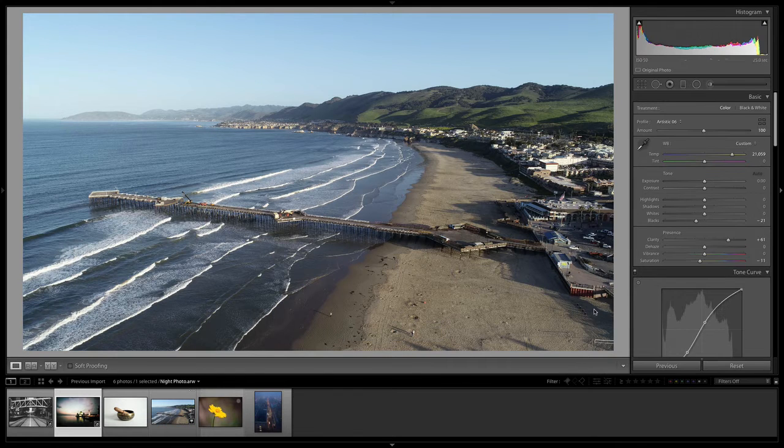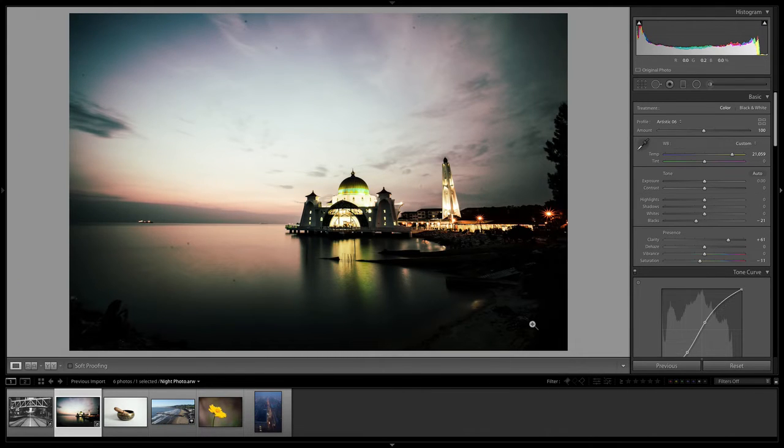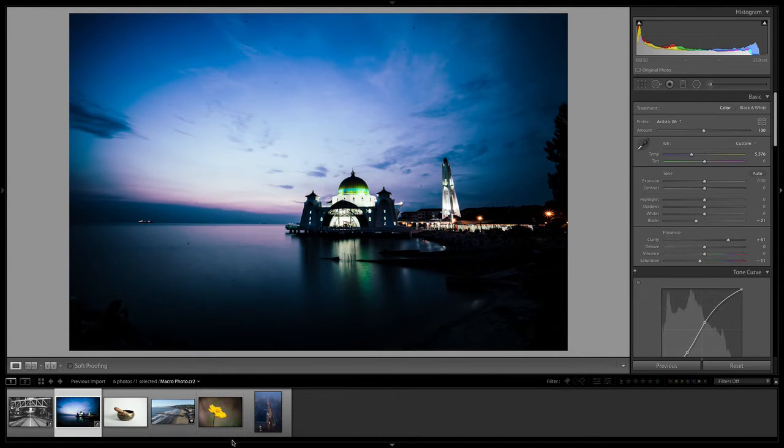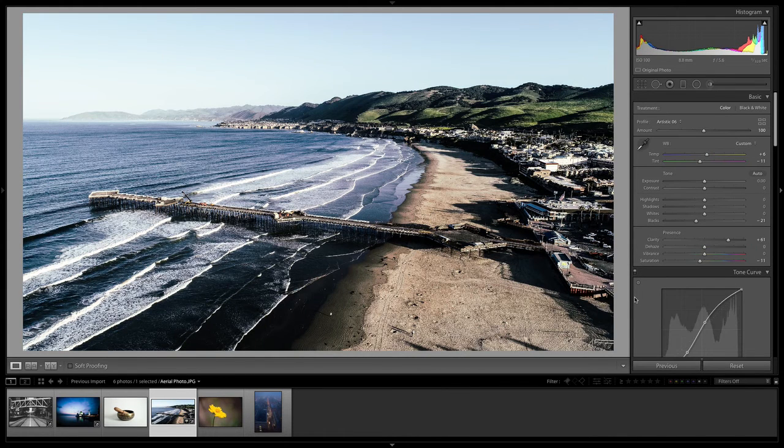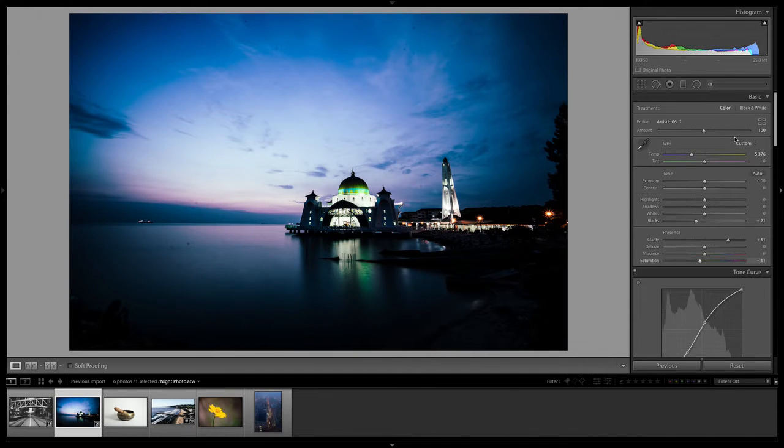Now, I undid that because there's an easier way to do this. So say we make all of our changes and we're happy with our photo. This is amazing. And then we go to our next photo. We can simply click this previous button, and that applies all of the changes that we've applied to this photo right here, and it applies it to this photo right here. So notice this photo now has the blacks at -21, same as this one. All of the settings are basically the same.